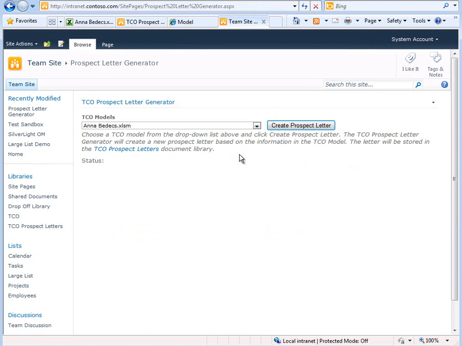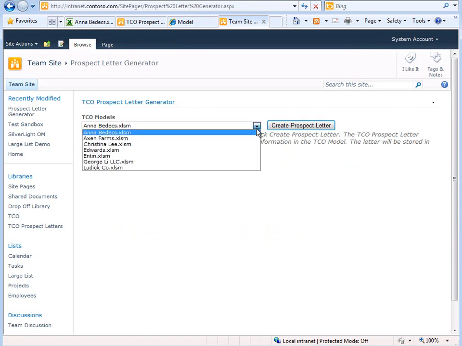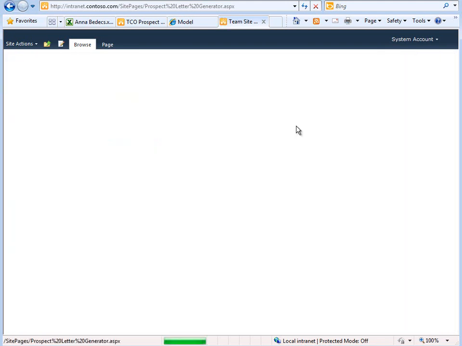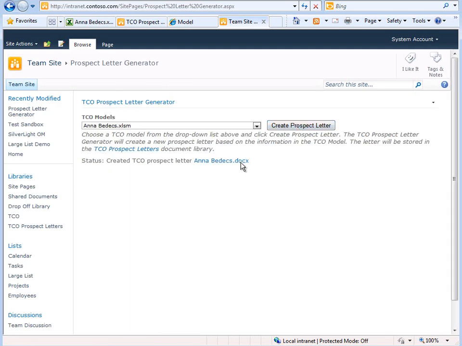Now the final part is the part that I'm going to develop. This is the TCO prospect generator web part. What this does is allow you to select from a list of the TCO models in your TCO document library, and then when you select it, you can click Create Prospect Letter, and after it creates the prospect letter,